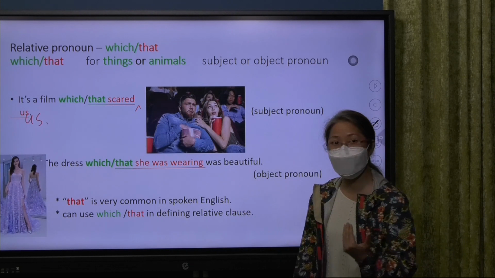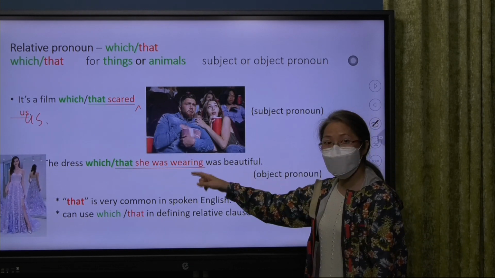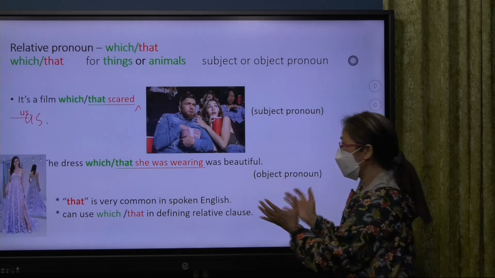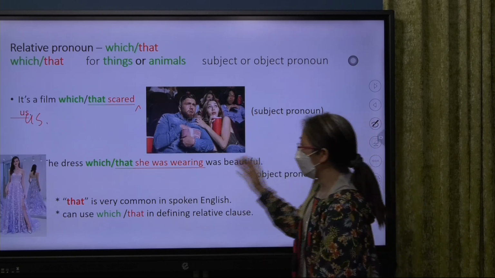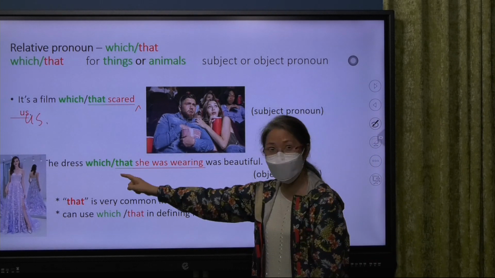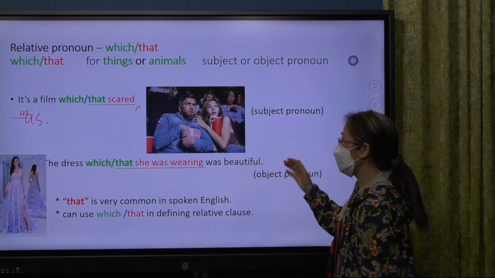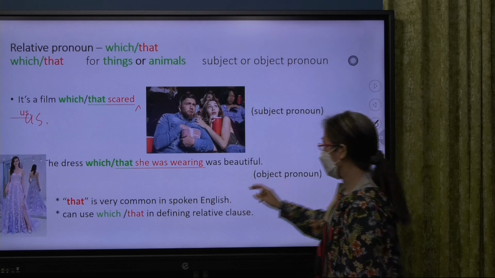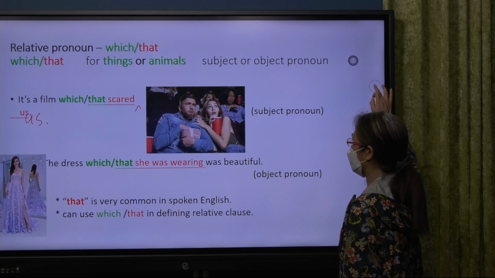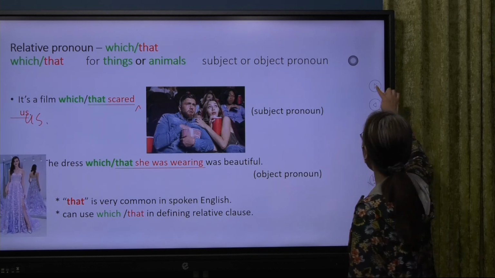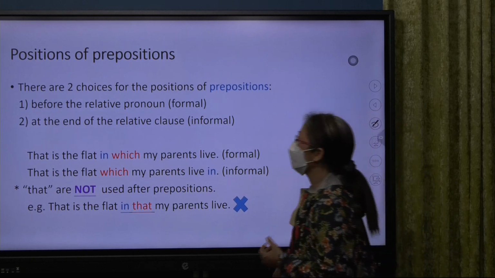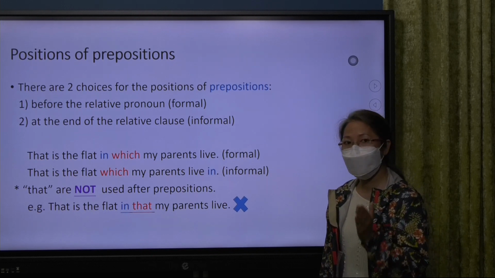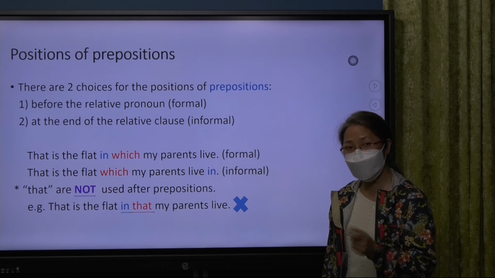Okay, so which dress is beautiful? The dress she was wearing. The dress was beautiful. Okay, we can link up the two simple sentences and make a complex sentence with the relative pronoun which or that. And then we know which dress we are talking about. Okay. Usually we can use which or that as the relative pronoun when we talk about things or animals, but